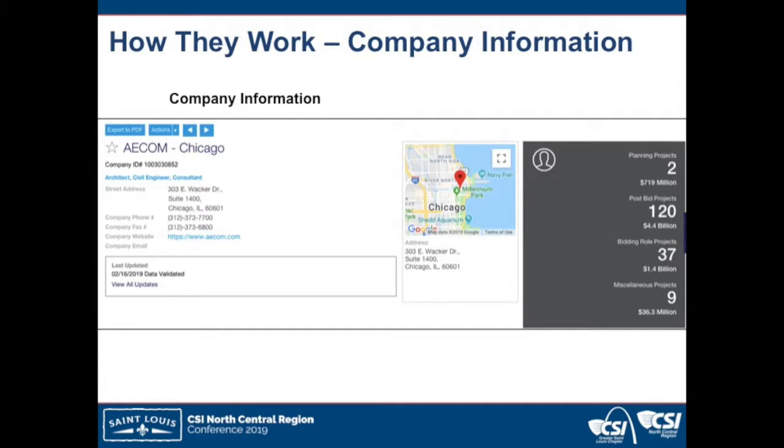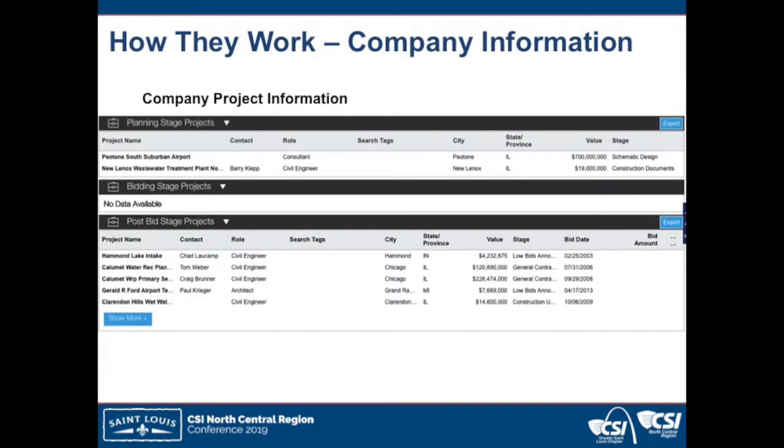Post-bid projects right now in here are 120. So it starts to give you a quantitative sense of how big these guys are. Then you go deeper and you start to see what those planning projects are,